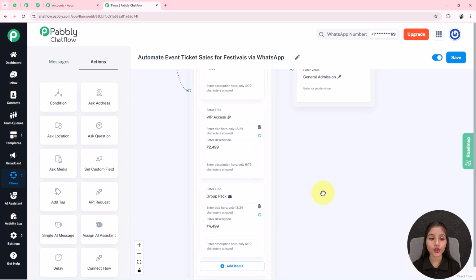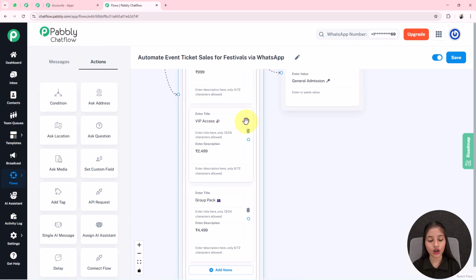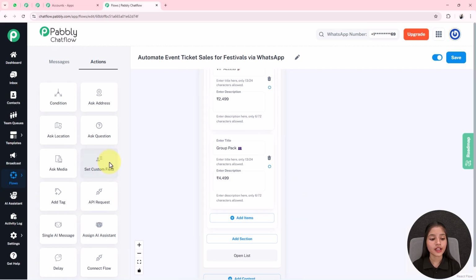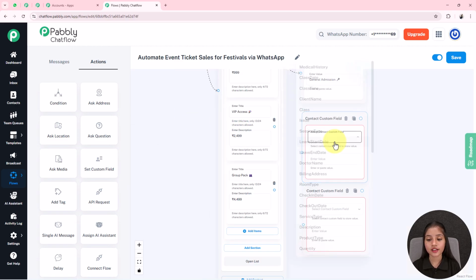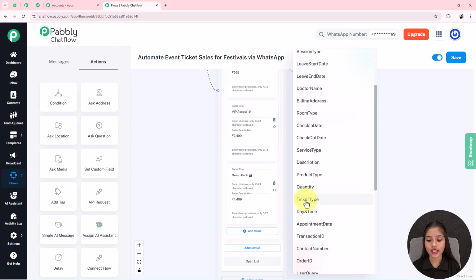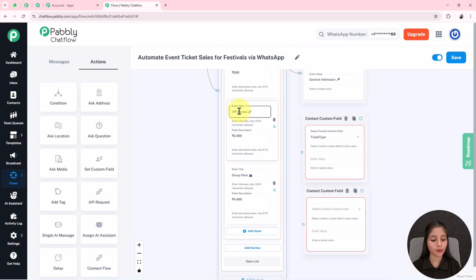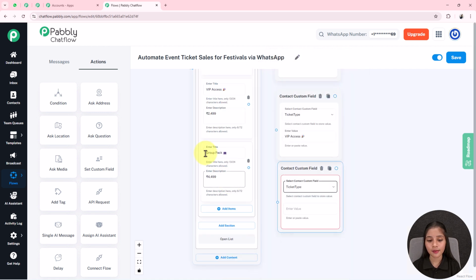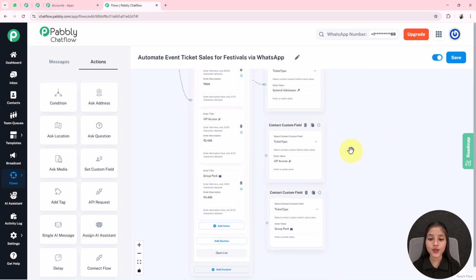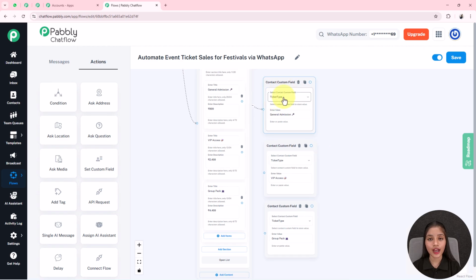After that, now I want to set 2 more contact custom field nodes for both of these. For that I am again taking the set custom field option. After that, I am selecting the contact custom field as ticket type. Then in this enter value box, I am going to write VIP access. For the other one also, I am going to do the same. Here I set it. You can see I use the same contact custom field here, that is ticket type, but